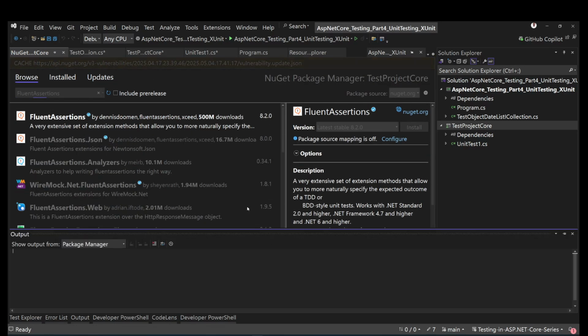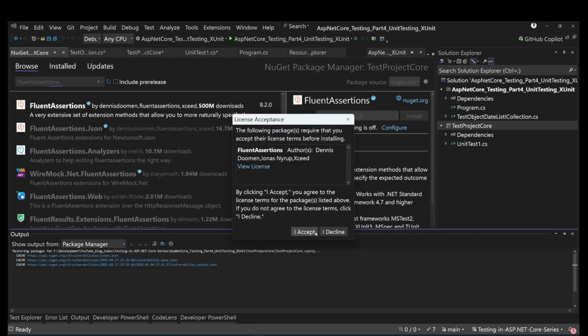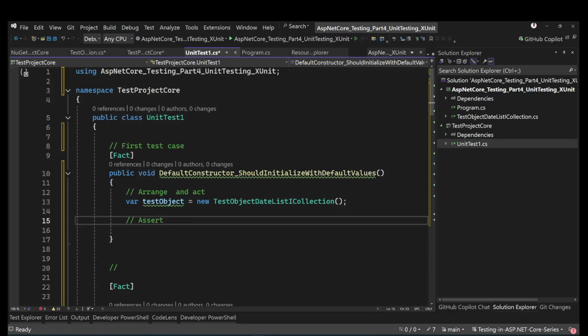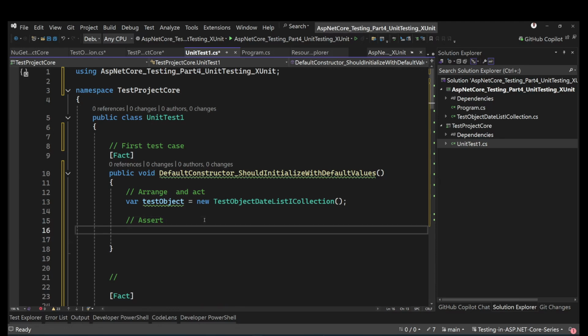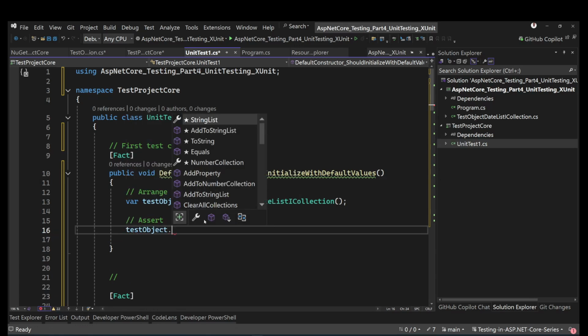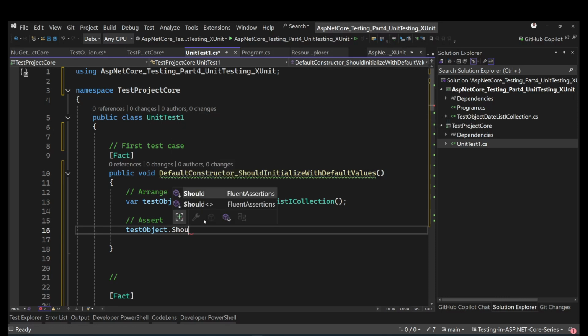So we can go and install that, because that is what we're going to use. Now that we have Fluent Assertions in place, the next thing is we need to say that the test object we have here should be... the name that we have in there is default. So we can say should